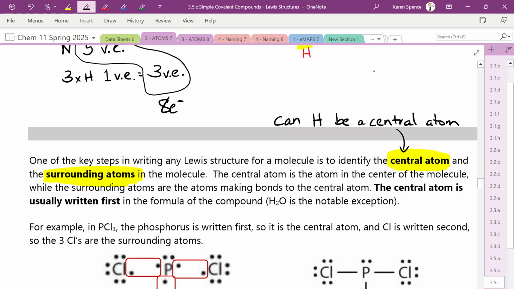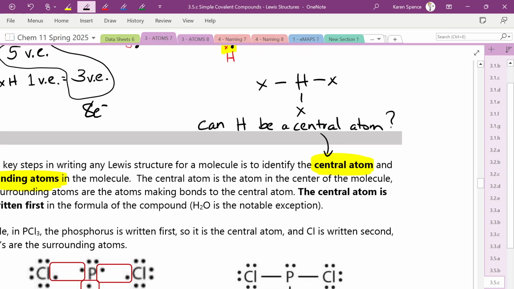No. Can I put hydrogen in the middle and put other things around it? No, why not? Because hydrogen is full with 2 electrons, which is only 1